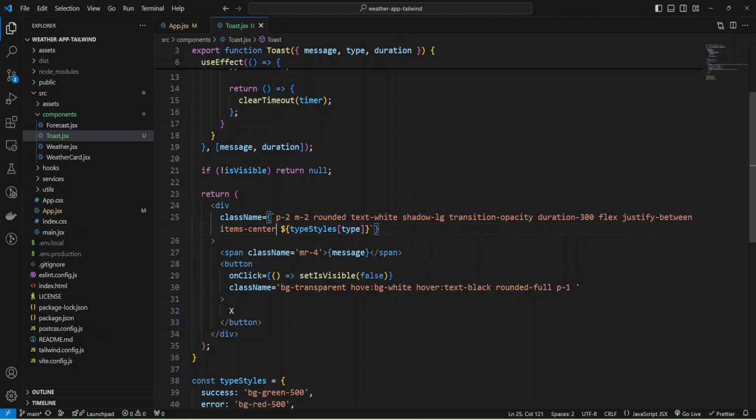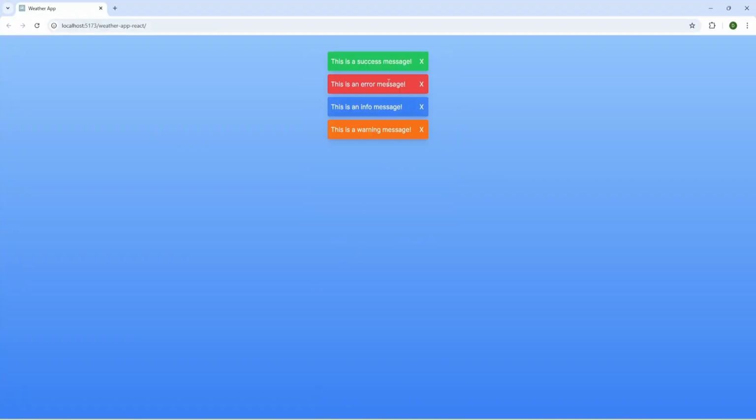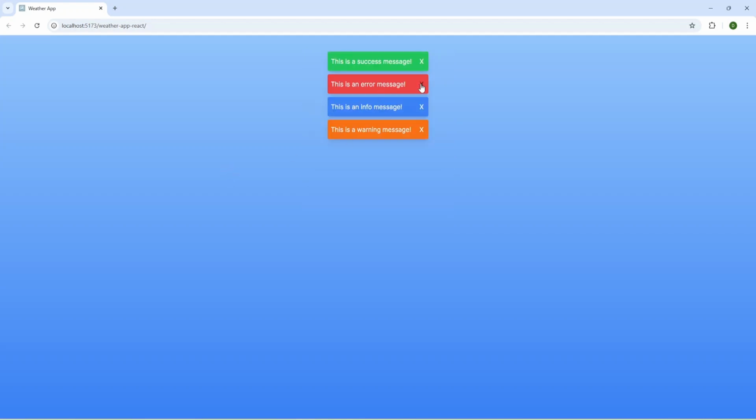Okay, and let's check. And we have our messages, and as you can see, we have aligned content. Let me refresh the page and check again, and we have disappearing messages, and I can remove all messages, and everything looks good so far.